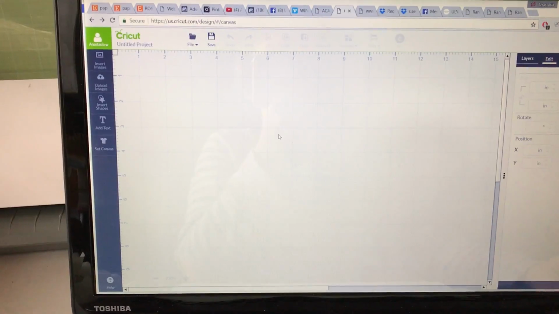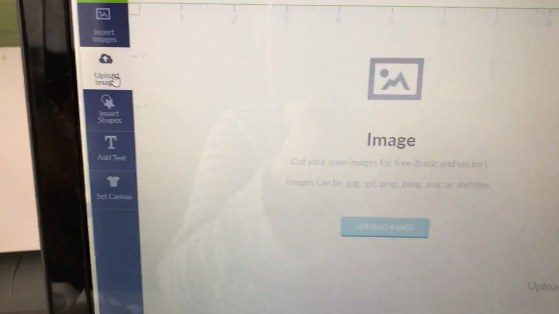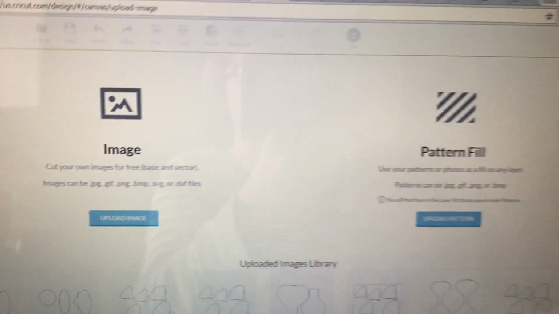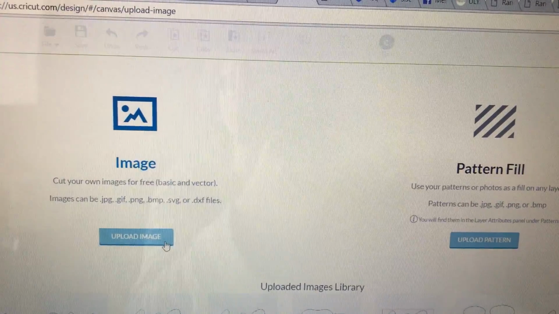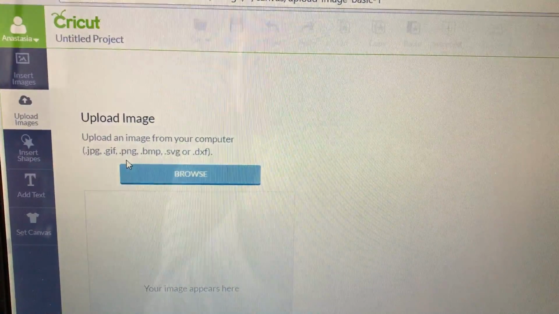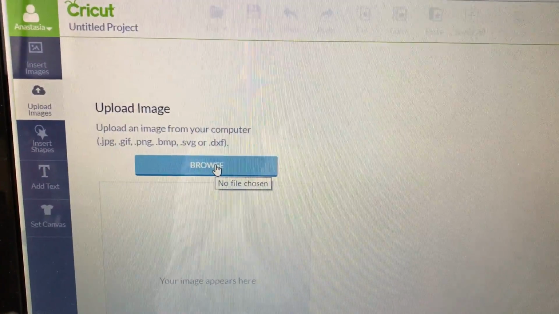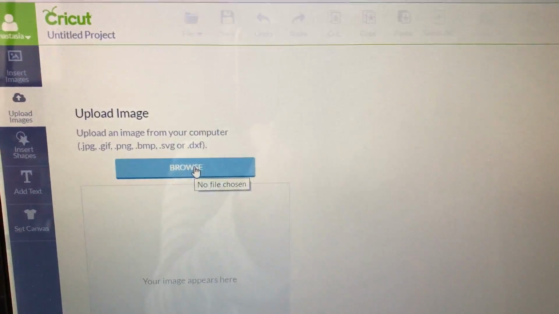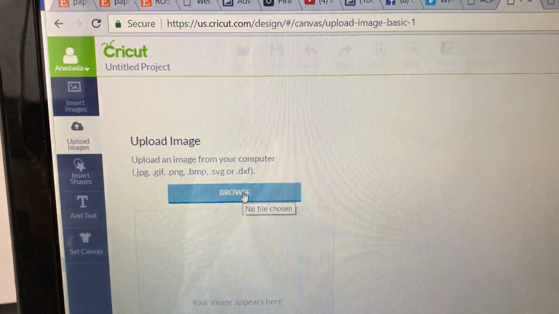That's new and clean. Now we go to upload images. Remember, we saved all files in the local folder of our computer. So what we see is image and pattern file. We do not need any pattern, so we go to images, upload image, browse. Look, it takes JPEG, GIF, PNG, BMP, SVG files. No PDF included here. I wouldn't recommend to go with PDF. You probably can, but definitely too much work with PDF files to clean them out. So we use SVG,